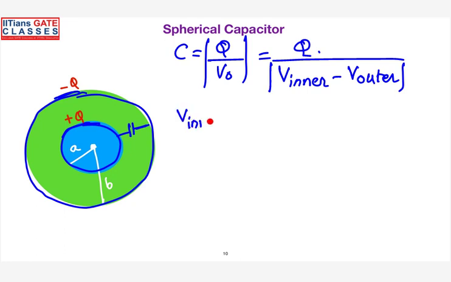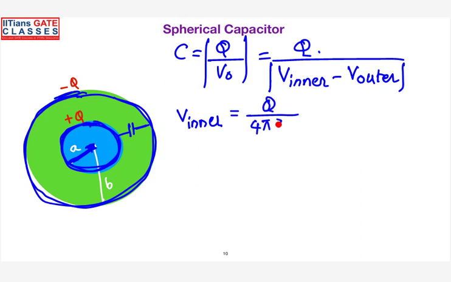Can you tell me what is the potential on inner conductor? Assume that there is a point source here. It will produce a charge of Q coulombs, right? And because it is enclosed by the other conductor, you can assume minus Q. So what will be the potential on the surface of inner conductor at a distance of A? Q divided by 4 pi epsilon A. Good. So Q by 4 pi epsilon into A, and the potential on outer conductor is equal to Q by 4 pi epsilon into B.